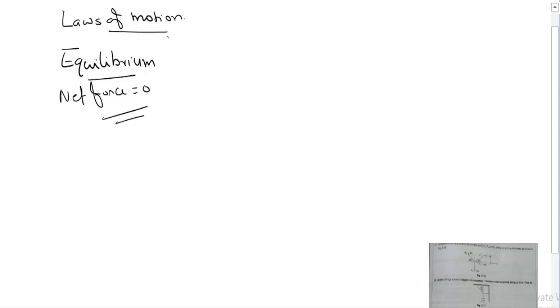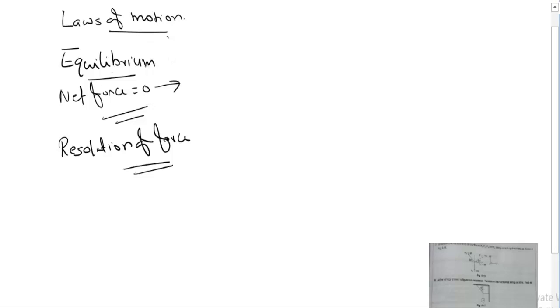So here, before reaching the portion equilibrium, we will first need to study the resolution of forces. From there, we can move to the equilibrium of forces. Okay, resolution of force. So equilibrium means the net force acting on the system is equal to zero, or net torque acting on the system is equal to zero. That means it won't be having any translational force, or turning effect, rotational effect, if the object is under equilibrium position. Okay, equilibrium means net force is equal to zero.